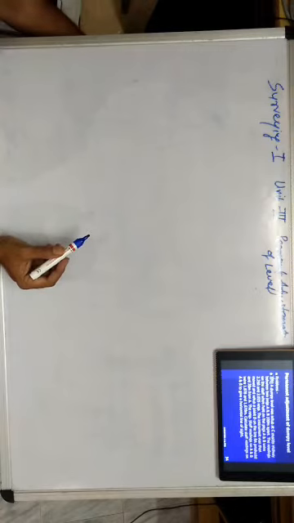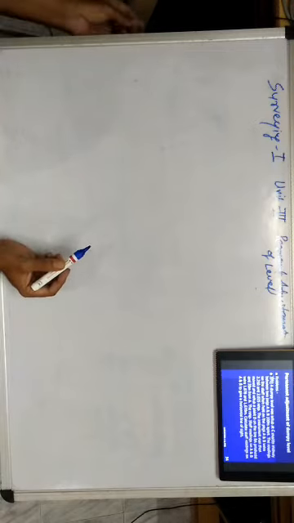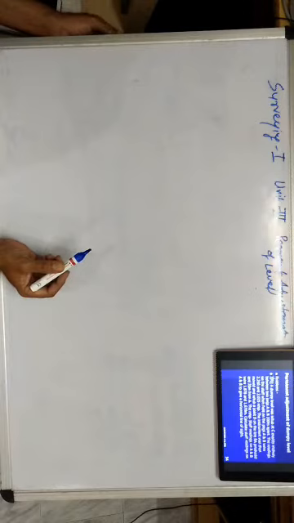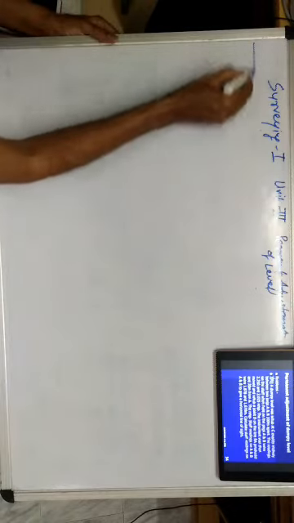So it is already said that the line of sight may not be horizontal, and we have to calculate that exact staff reading when the line of sight is exactly horizontal. So to solve that problem, we will first write down the given data. So we will try to draw the figure first.